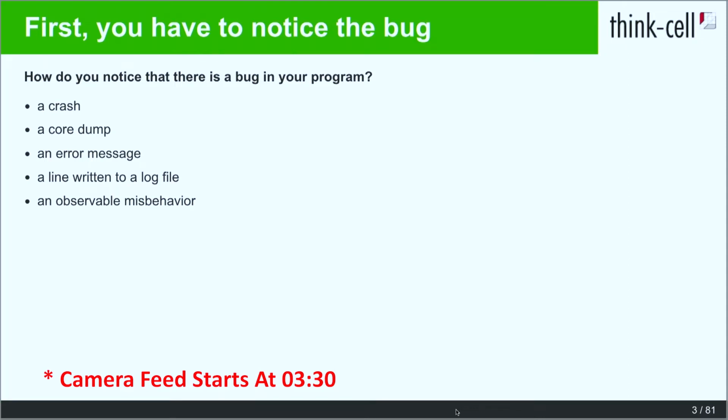So what ways do we have to get notified that our program is doing something wrong? Maybe it will crash. Maybe it will dump core. Maybe it will display an error message, write a line to a log file, or just generally show some describable and observable misbehavior. So how many of those do you notice? And more specifically, how many of those will you notice when they happen on a client's machine and not on your own machine? And now, the first step will be that we want to get as much information from our customers as possible. We want to know when our software is doing something wrong.